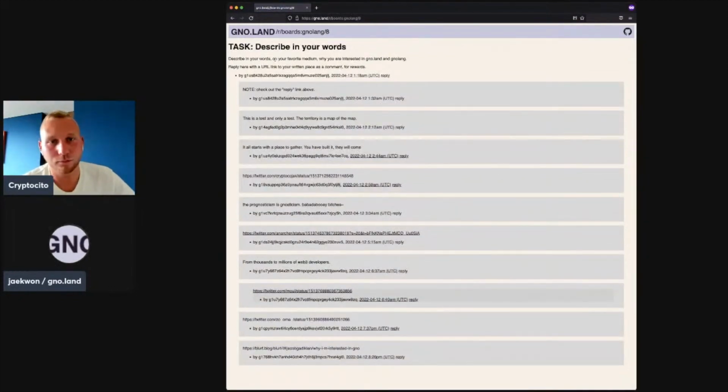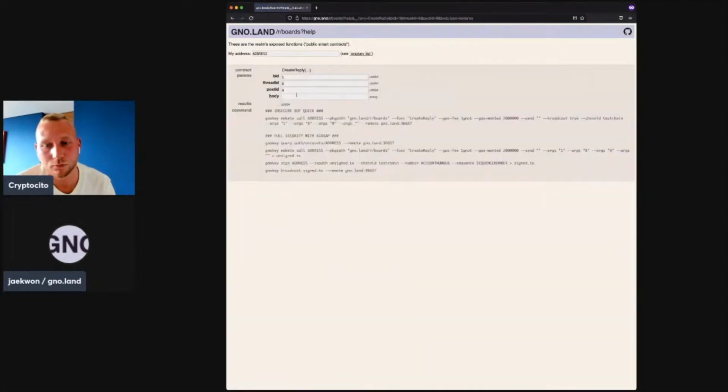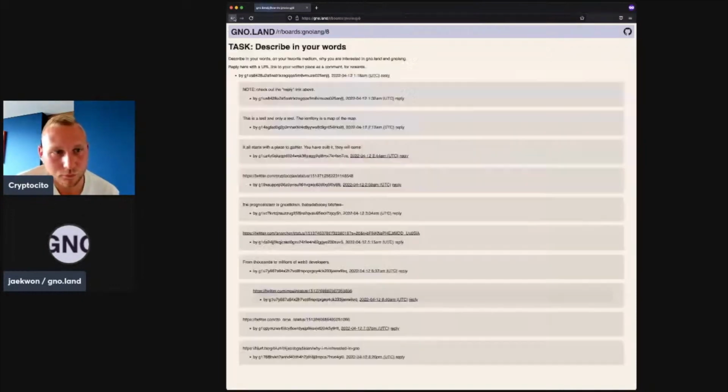It's saying, go out there and write in your own words why you're interested in Gno, and then link back to it. So it looks like some people have commented. So this website is connected to a blockchain that is interpreting Gno code to render this markdown file. And the way to interact with it is by signing transactions locally. So if you hit the reply button, what it's doing is pre-filling some fields. This will be a text area, but you can enter whatever comment you want to write, and run it on your console right now.